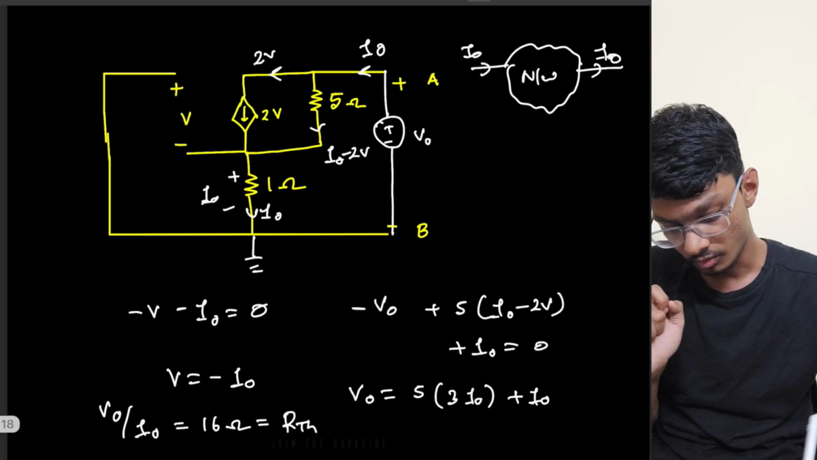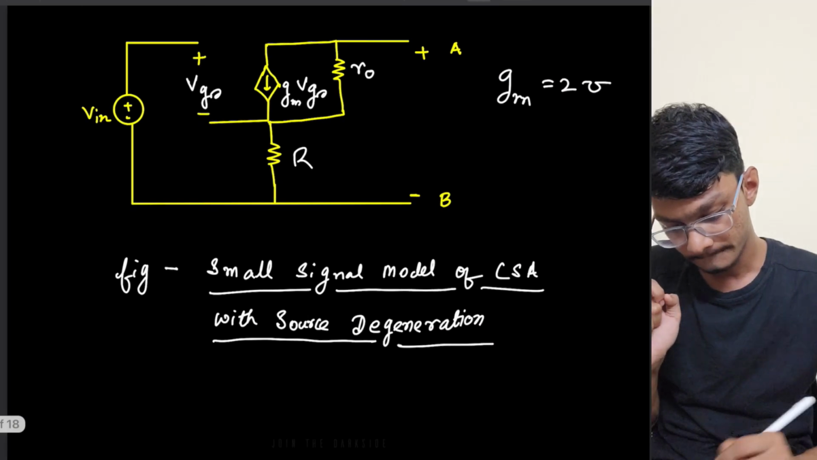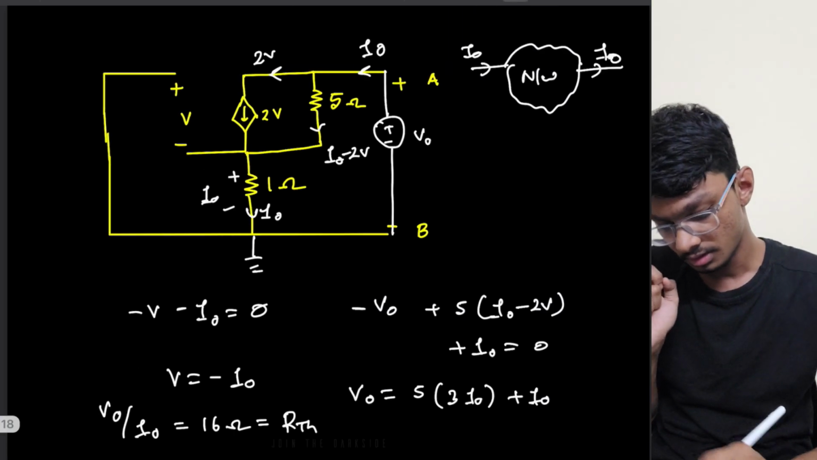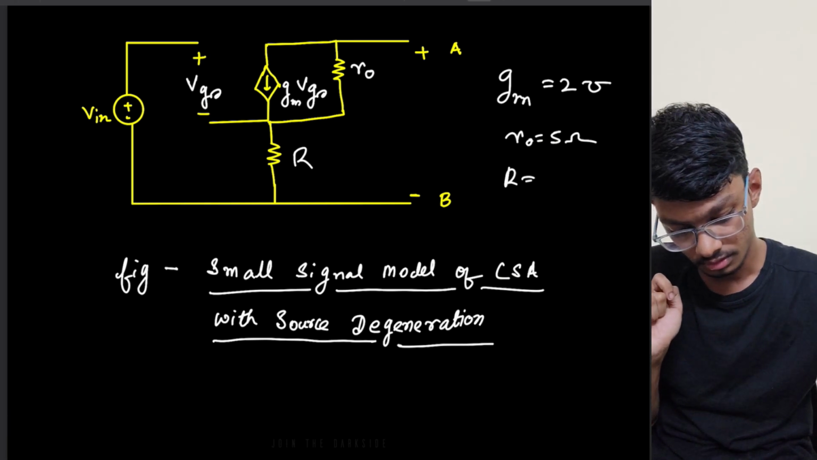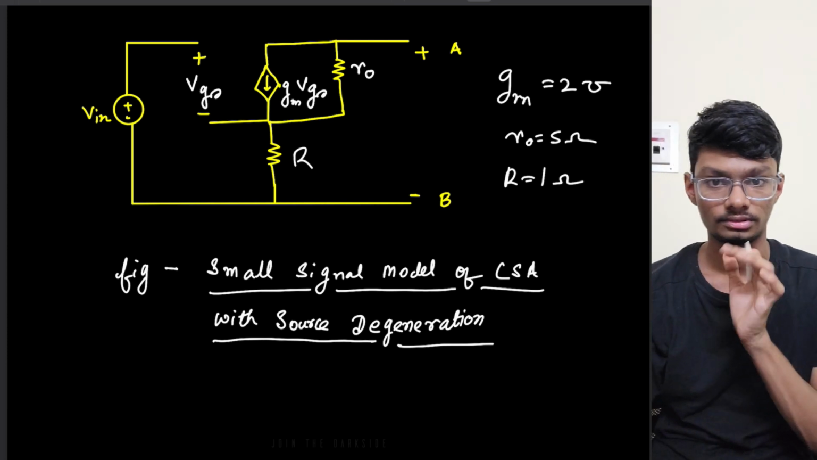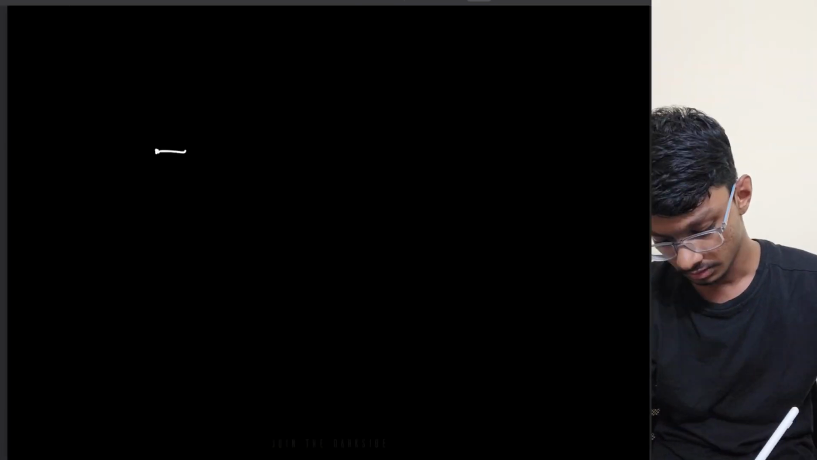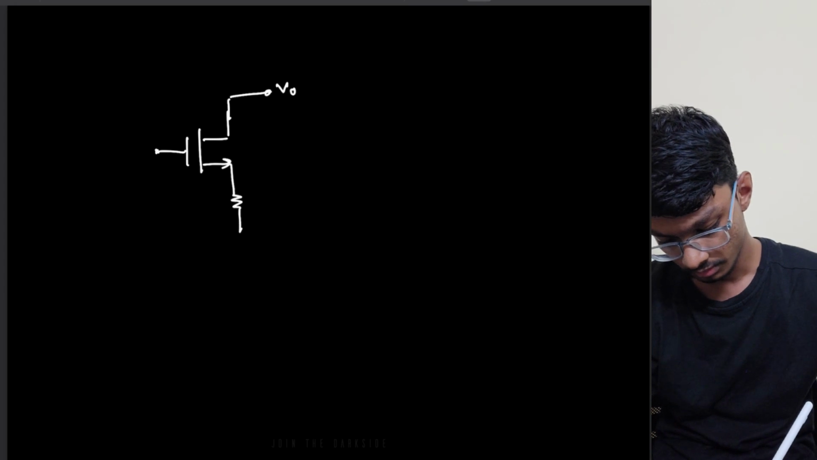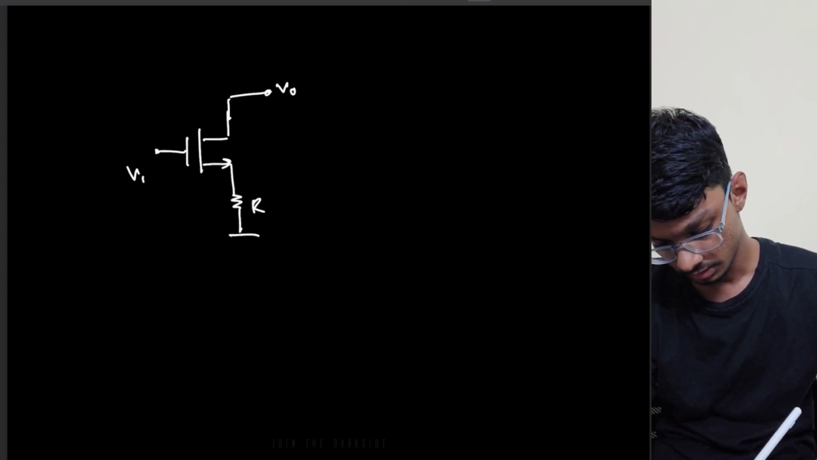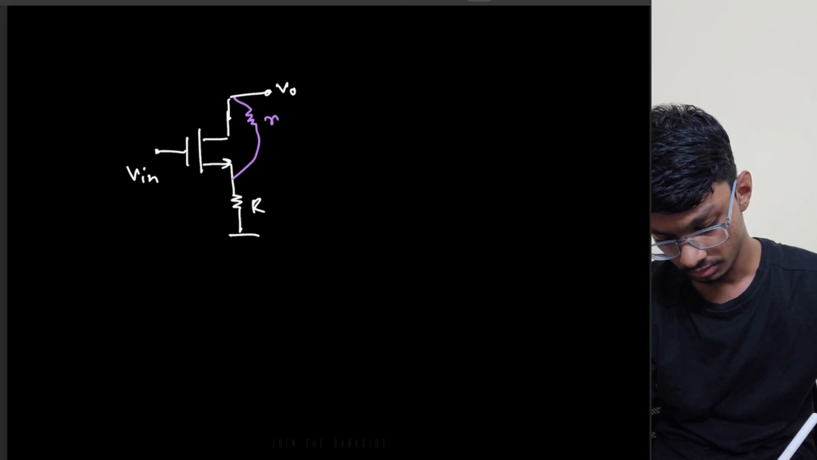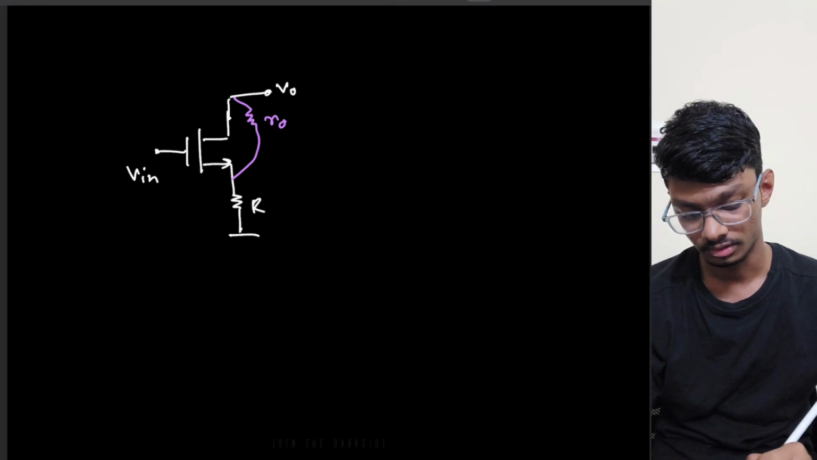And what is the RO? RO is 5 ohms. What is the R? R is 1 ohm. So we have got the parameters. Now if I draw the small signal model, this is the equivalent circuit. Here we are taking the VO, this is R, this is V in, and if I draw the output resistance of the MOS, this is RO,